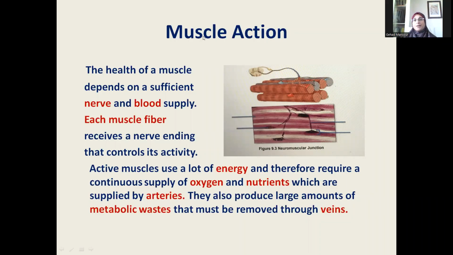Good morning. In this session, we will be focusing on how muscles contract, how they shorten, how actin and myosin play very important roles in the process of muscle contraction. As you know, in order for any muscle to contract, it has to receive a nerve impulse,